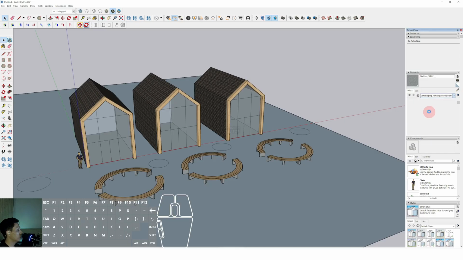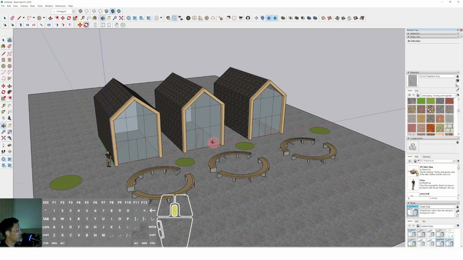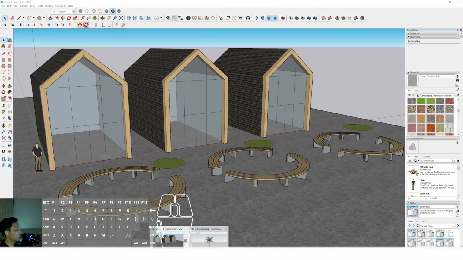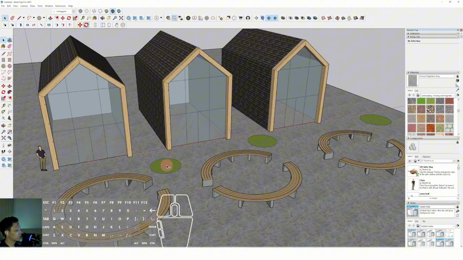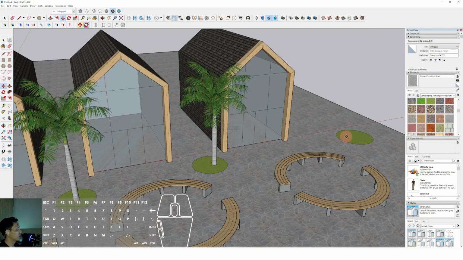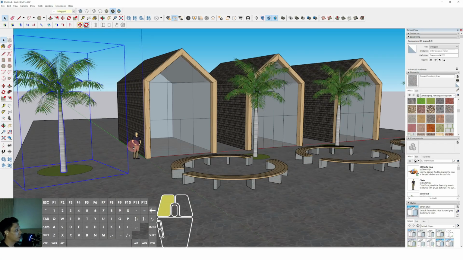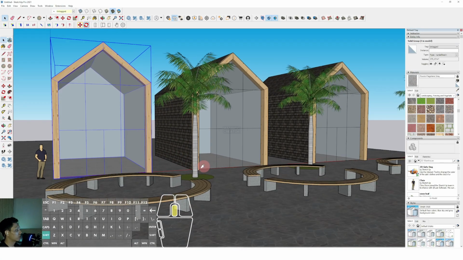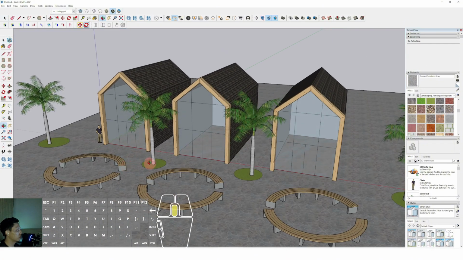Okay, we can assign about the landscaping materials over there. Okay, we can assign landscaping, and I've already prepared the palm tree. Then we can copy and place on this position. Okay, perfect. Okay, this is about the Scandinavian house with a circle bench in the front, and I hope it will be a lot of benefit to all of you,